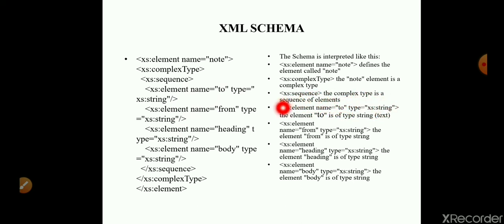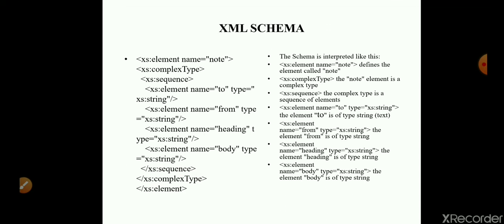The complex type is a sequence of elements, and xs:element name equal to from starts, with type xs:string. Next, heading is also of type string. Next, the element name body is also of type string. And this is the end tag of sequence, end tag of complex type, and end tag of element.